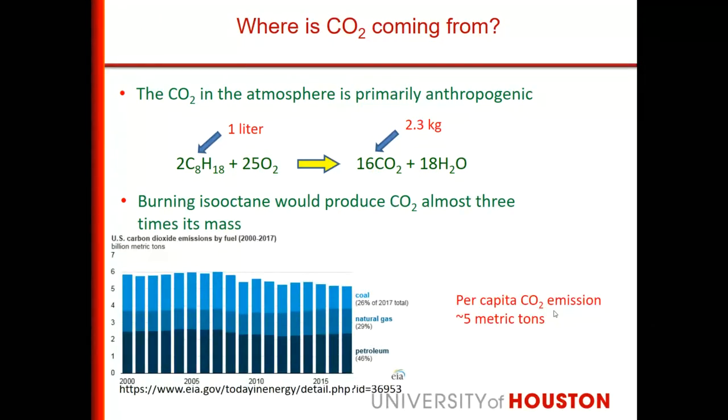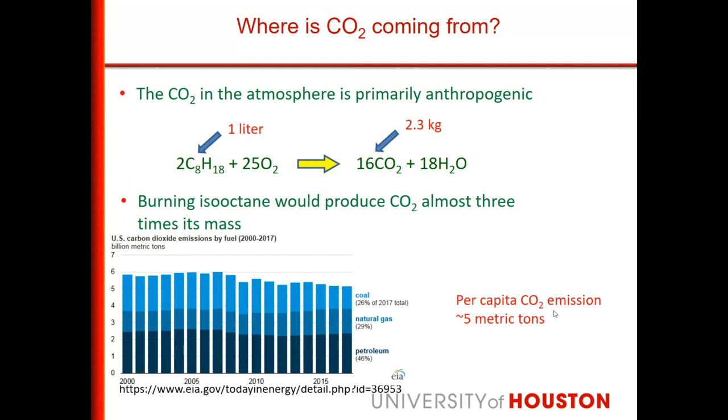If you take the US carbon dioxide emission, these are in billion metric tons: the petroleum, the deep blue, the natural gas, then the coal. But the US has been consistently reducing the emission since 2010. Still, you can see that it is 5 billion metric tons of carbon dioxide, in the case of the US alone. That reduction is due to the increase in the efficiency of the processes and the use of natural gas, which has less carbon. These are some of the reasons for this.